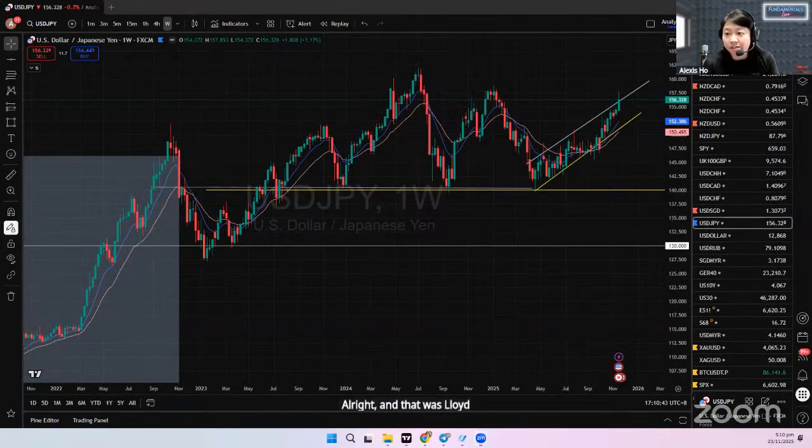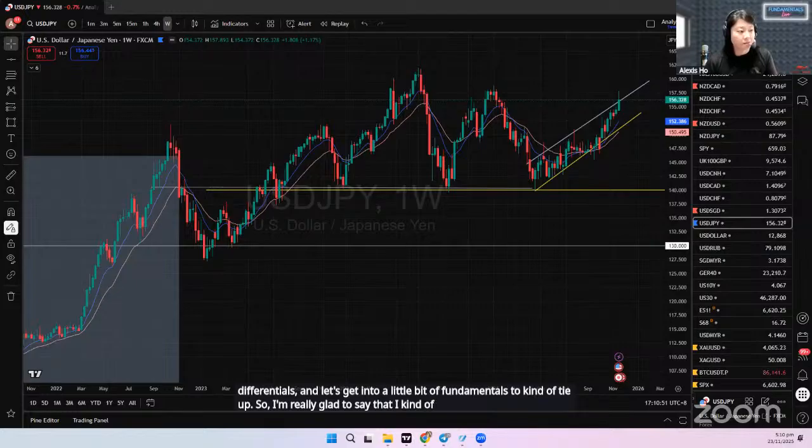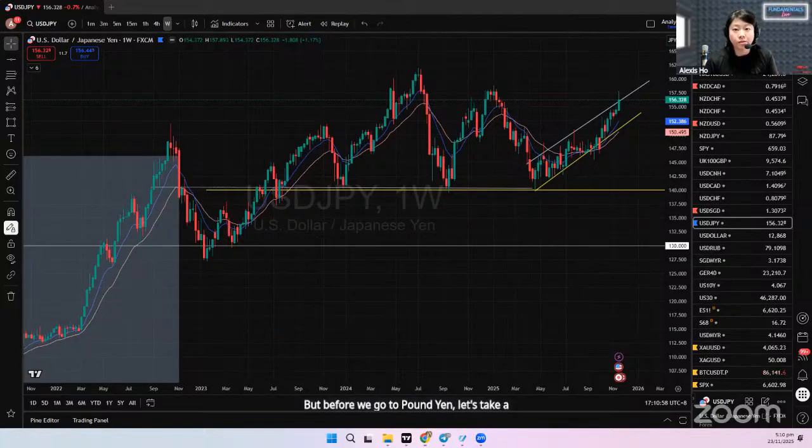All right, and that was Lloyd with his currency strength differentials. And let's get into a little bit of fundamentals to kind of tie up. So I'm really glad to say that I kind of found similar pairs to him, and I was actually looking at pound yen. But before we go to pound yen, let's take a look at what's going to be happening